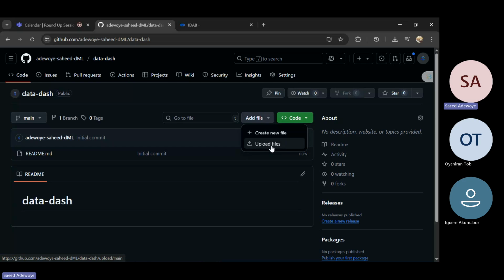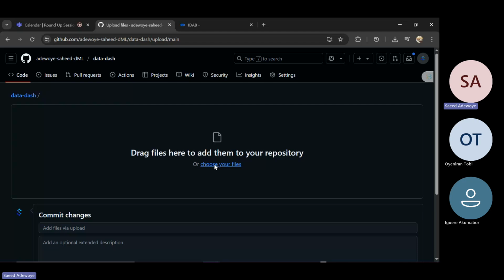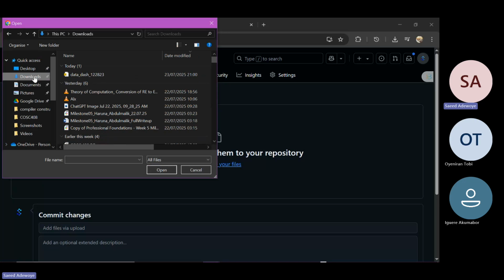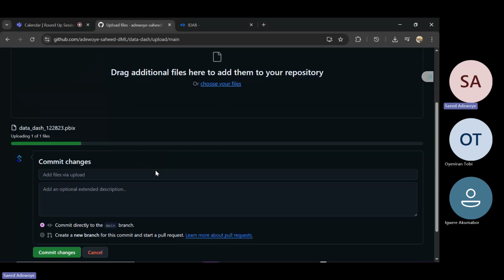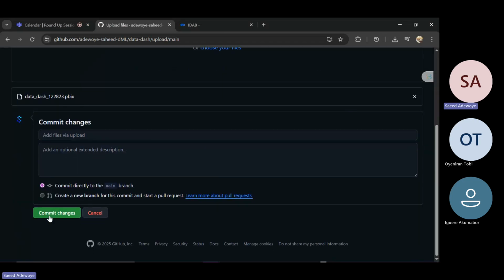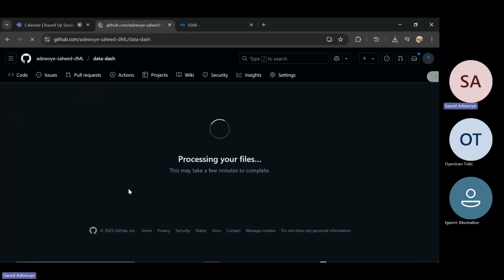So click on upload files. Then you can choose the file from where you downloaded it to. Let's say downloads. Here's the file over here. I have it. Then click on open. The file will be uploaded here. After a while, click on commit changes. And there you go.